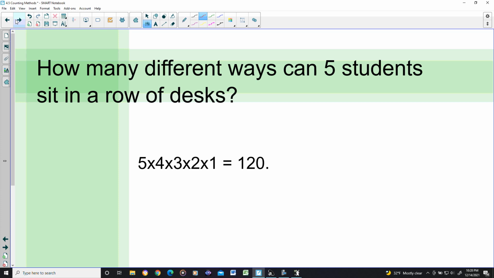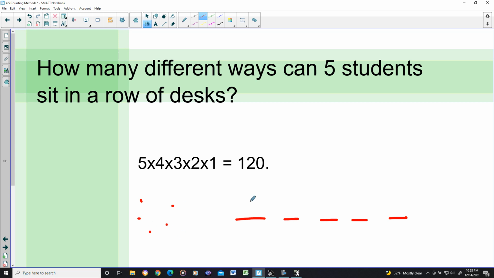So let's go back to now looking at the lottery problem one more time. We're going to look at the part where everything gets reordered. In this particular case, I can ask you, let's say we have 5 students and they sit in a row of desks. How many different ways could those 5 students organize themselves? And you can imagine it's 120 because if you have 5 desks and you have 5 students,